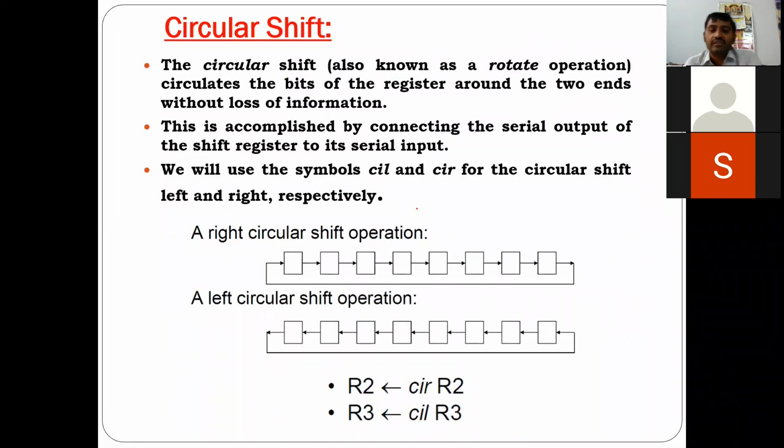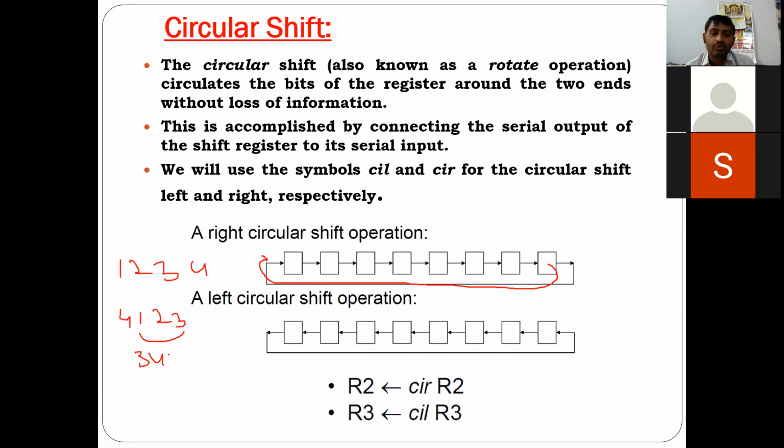So the next one is circular. Here I think you don't have any problem. What will the content be? Because it is circular, there is right circular shift and left circular shift. Right circular means, see here, 1, 2, 3, 4. If you perform a right circular shift, what will happen now? It becomes 4, 1, 2, 3, because the LSB is taken back and given at the MSB. It is in a circular fashion, right? So again, if I perform one more time, what will happen?